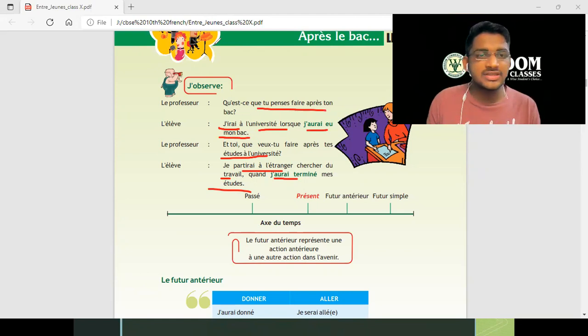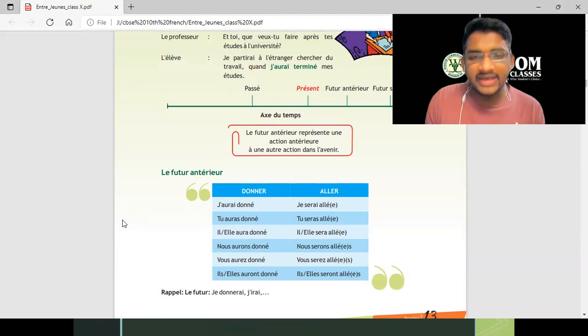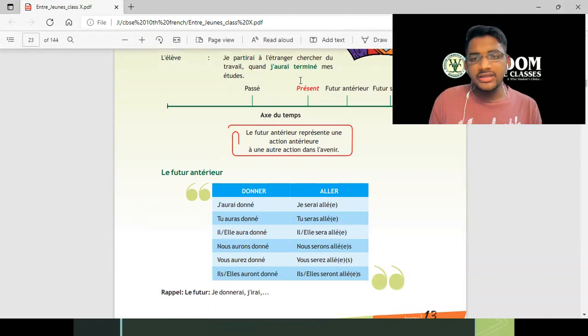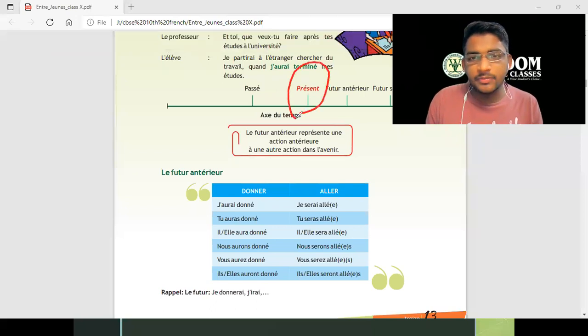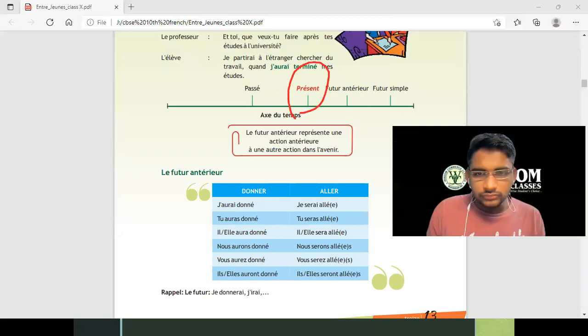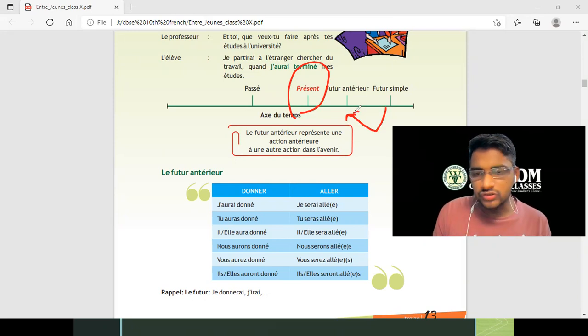Great, man. Amazing. Moving forward, students, the next thing that we have is future antérieur. Okay, बच्चे लोग. तो future antérieur देखो, अगर आप लोग देखोगे यहाँ पर तो future antérieur को लोग डिजाइन किया हुआ है. ये हमारा प्रेजेंट टेंस है, और प्रेजेंट टेंस में यहाँ पे हमारे पास कितने हैं, सिंपल फ्यूचर टेंस है स्टूडेंट्स, लेकिन सिंपल फ्यूचर टेंस के जस्ट पहले ही आता है हमारा फ्यूचर ऑनटेरियर, इस बात का आपको ध्यान रखना है।